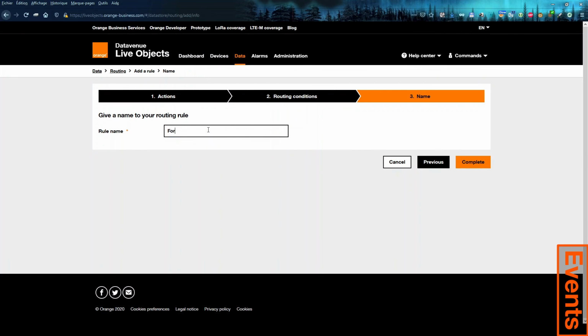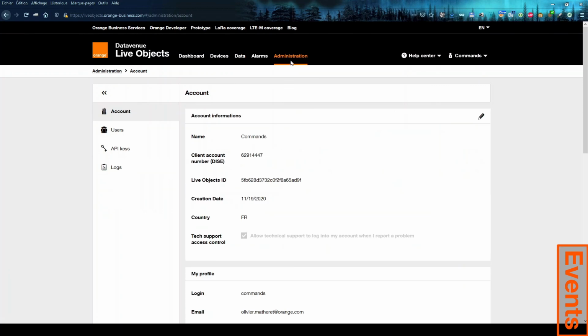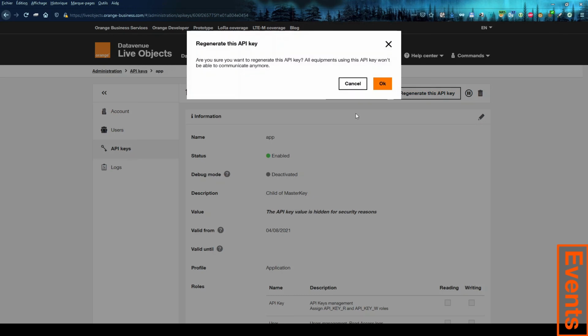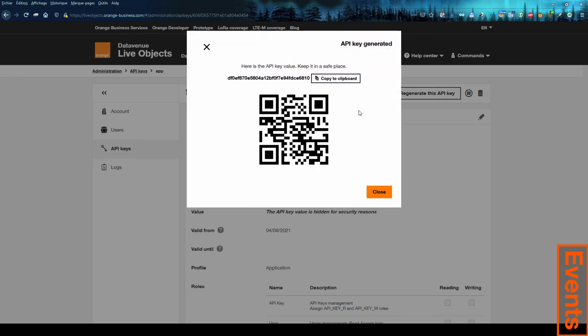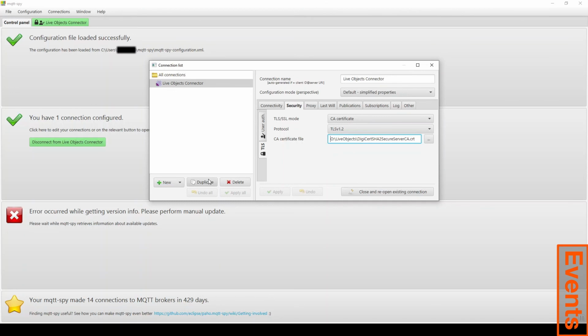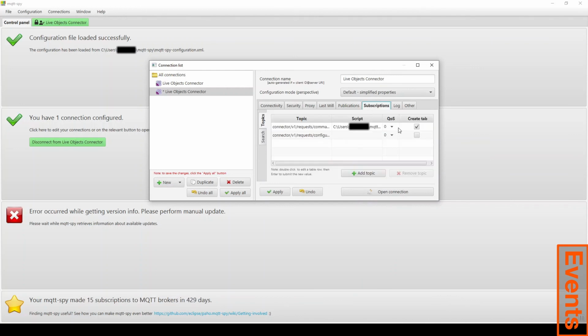And this is a forwarding rule for command status. So using an app key, an application API key, an MQTT Spy configuration, so I will not subscribe to those.